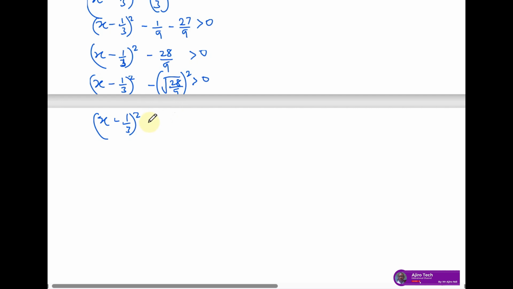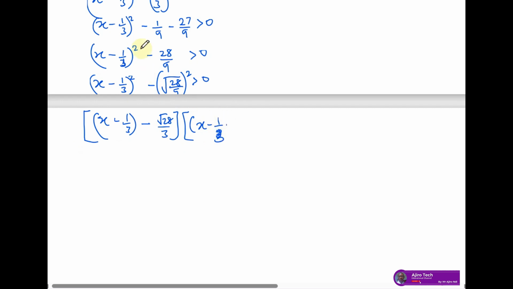Let me just write it like this. So I can say this bracket, x minus 1 over 3 minus root 28 over 3, in a bracket, and then into that first bracket